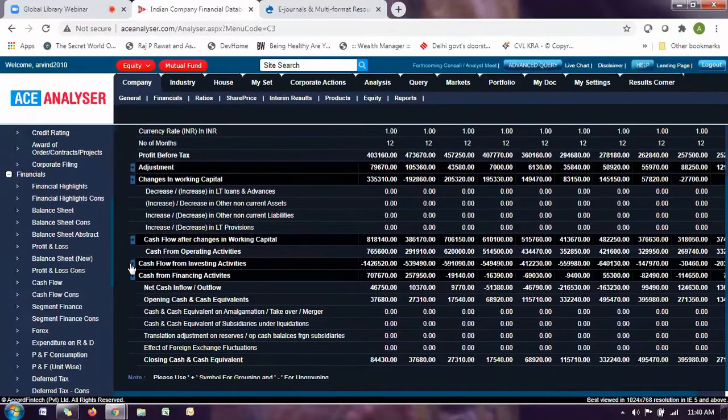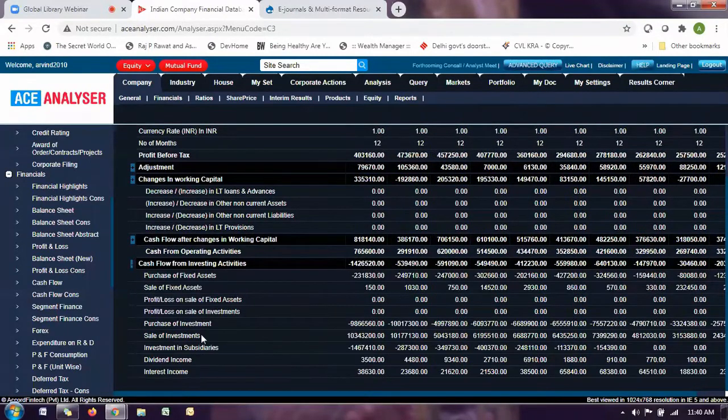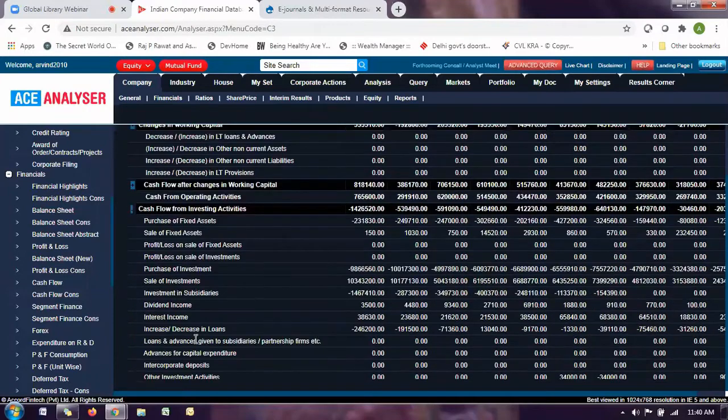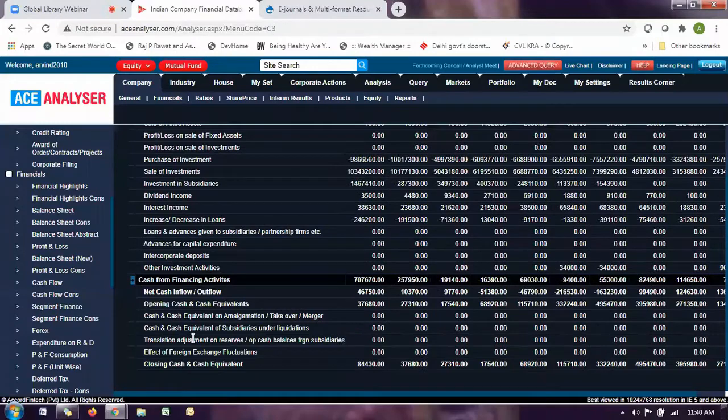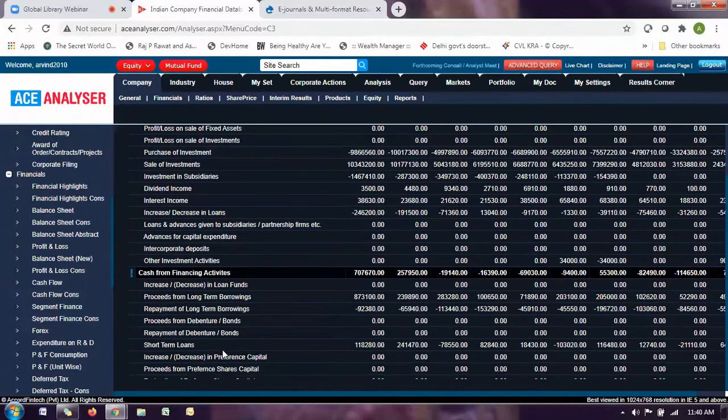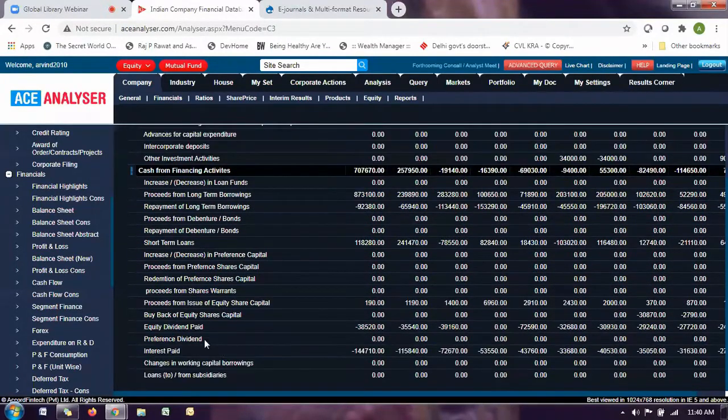And at certain times, whenever you want to have the dividend amount, you can go to the cash flow statement and see the details under the equity dividend paid. You just go to the cash flow from financing activities. That will give you the equity dividend paid.